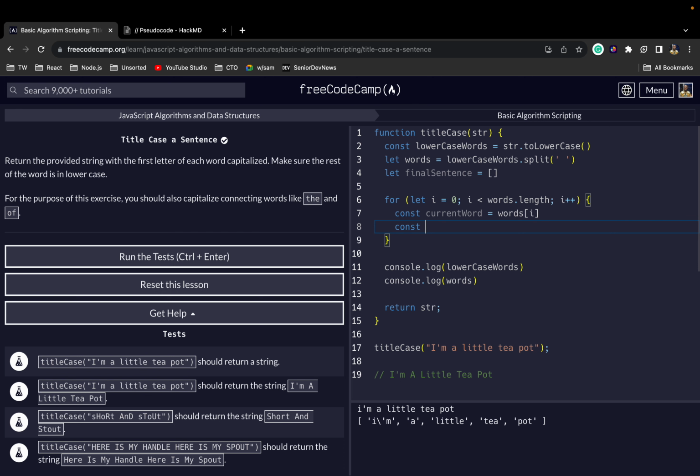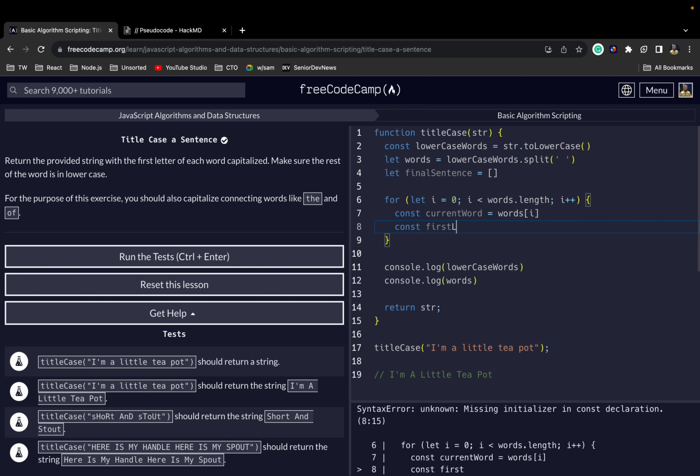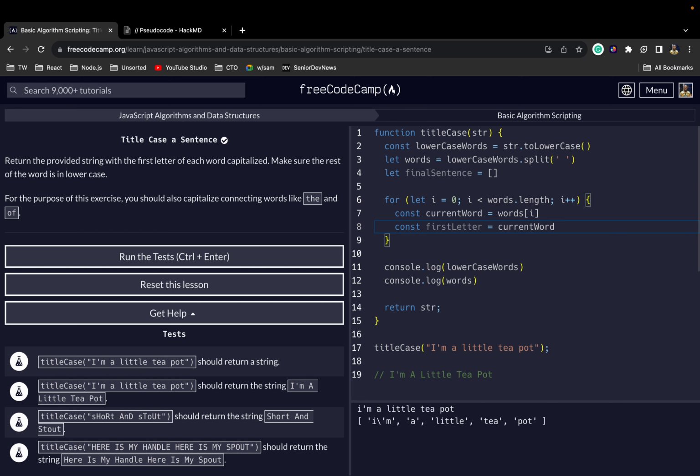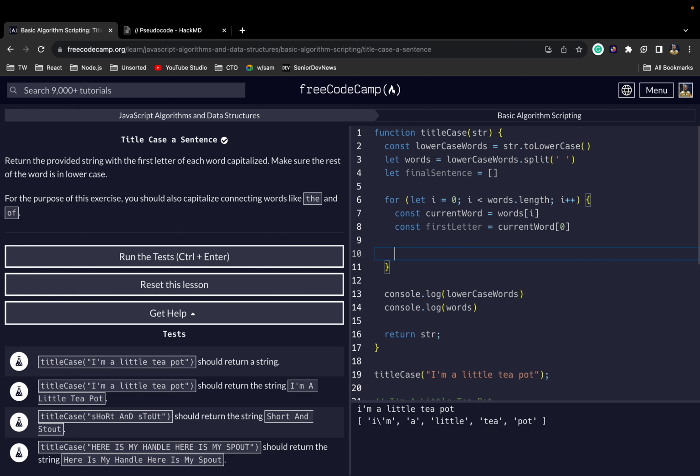Now, the first letter is going to be currentWord, index 0. So for the first iteration, there's the word, and the first letter is going to be the I. Now this backslash, if you're wondering why it is there, it's because of the apostrophe we have here. All right, now let's do